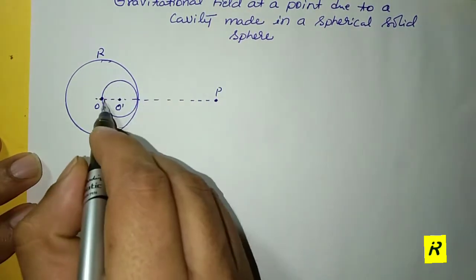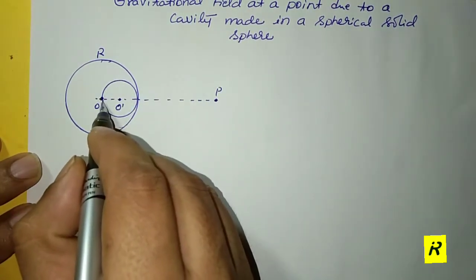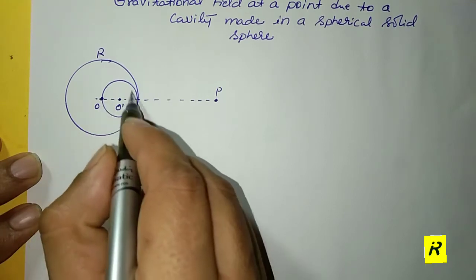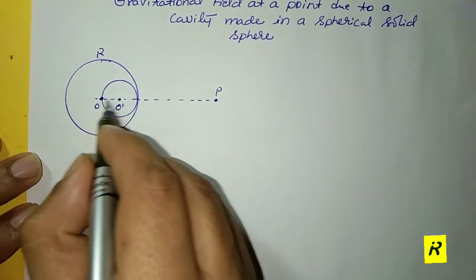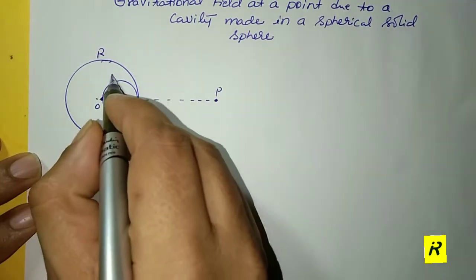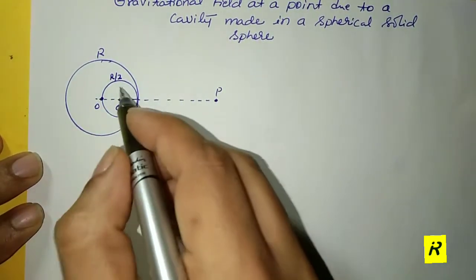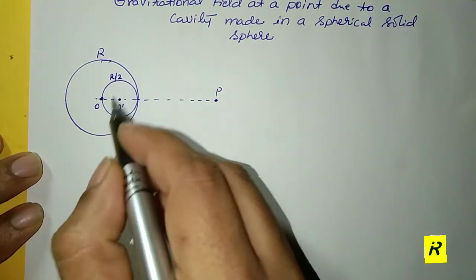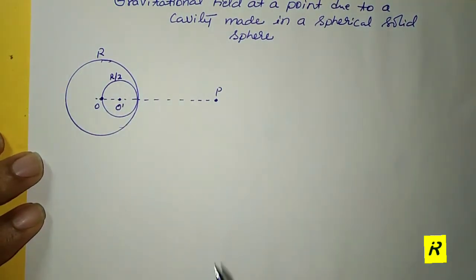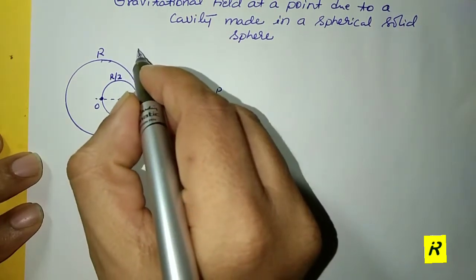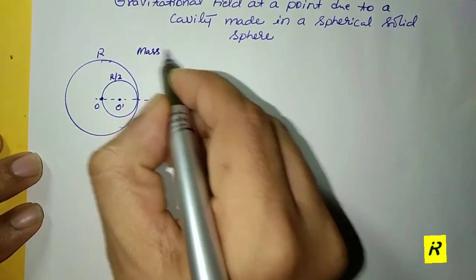it should be of radius, you can easily guess, so the complete diameter of this one is r. That means this much it should be r by 2. So the radius of this cavity is r by 2. That means this much part has been removed from the complete sphere. I may assume the mass of a complete sphere,